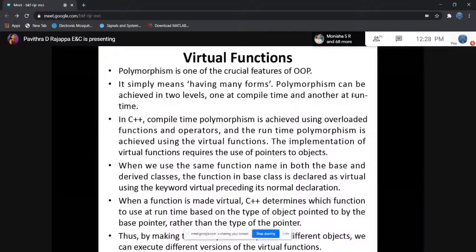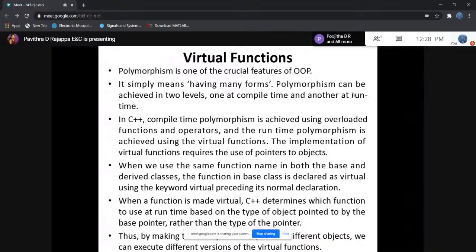The same function name is used for performing different tasks. Therefore, at runtime the compiler gets to know which function has to be executed.